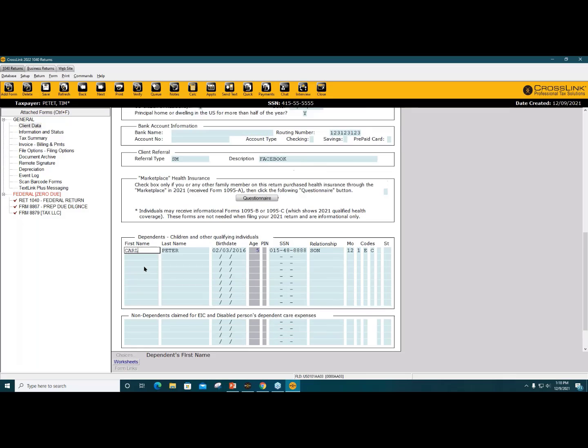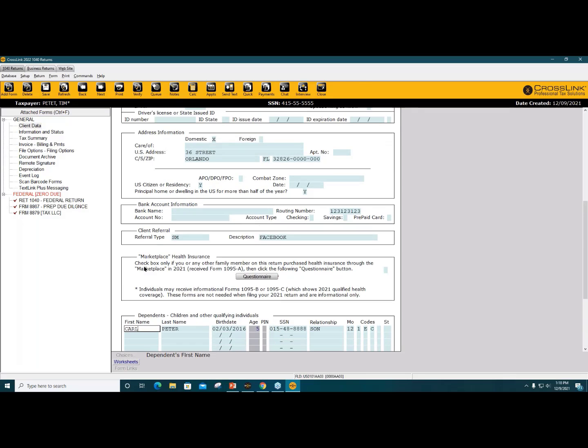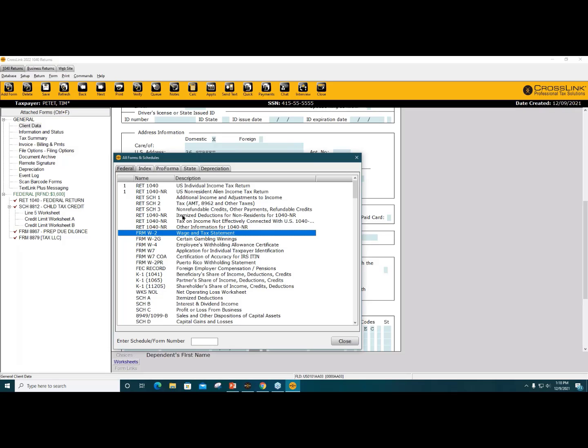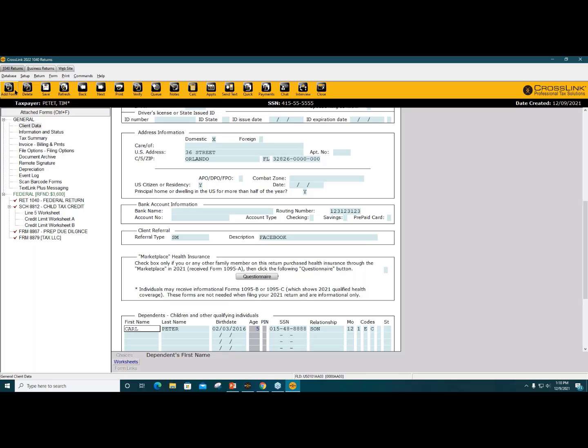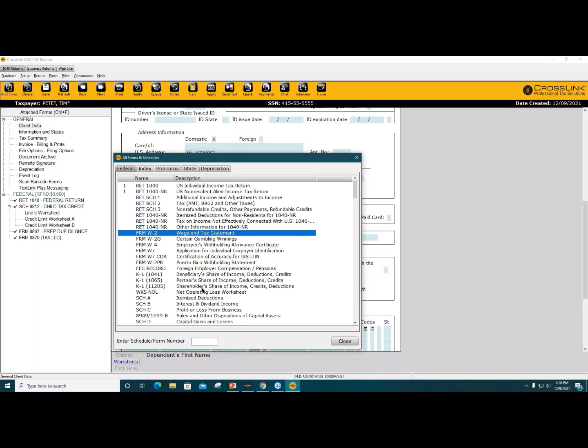Your next step, I said we'll cover 9 steps, right? So that was step 1, your client data screen, filling out that information. Step 2 is adding your primary and your secondary forms. To do so, all I did was click on the Add Form button on the top left of the function keys. We always open up to our federal tab, our federal forms, and I can search for any form name